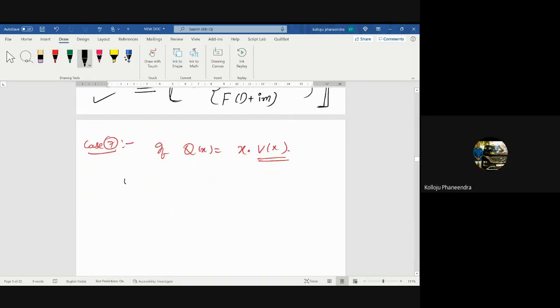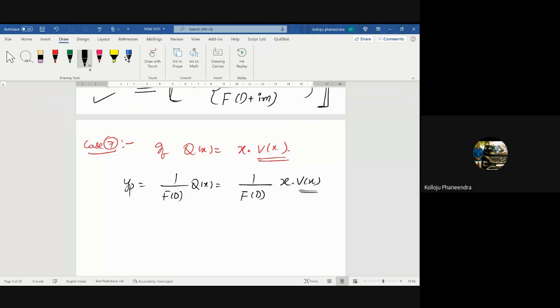See, yp equal to 1 by f of d into q of x, or 1 by f of d into x power k into v of x. If it is, they may be sin mx, cos mx, or e power ax. When it is e power ax, then you can apply our previous formula, e power ax into v of x